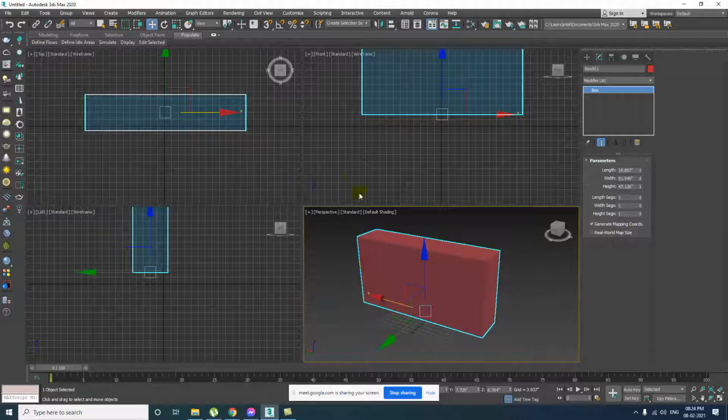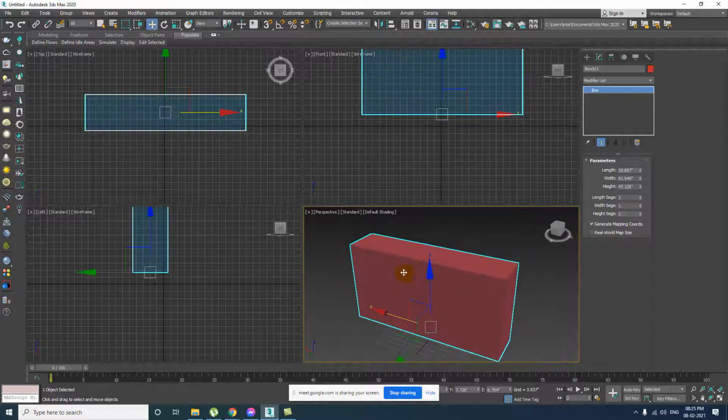Okay, so again we will come to the viewport. Today we will focus mostly on the viewport only. How to use the viewport, how to control the viewport. In the viewport, by default you will see the wireframe. You see, it is not looking like a solid shape. On perspective it is solid, it is a red color box.